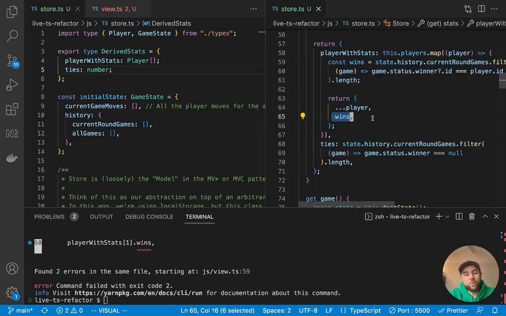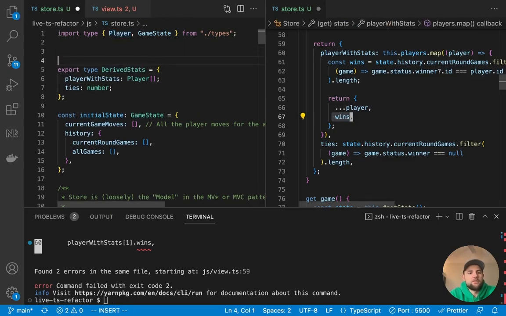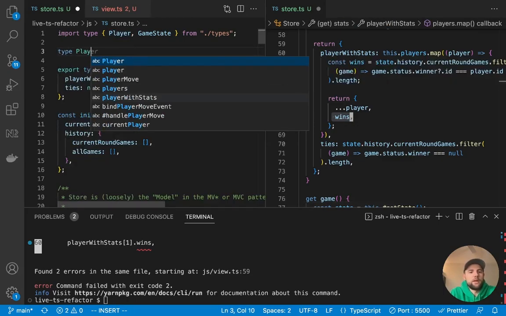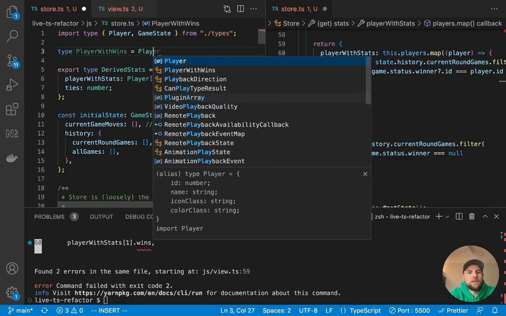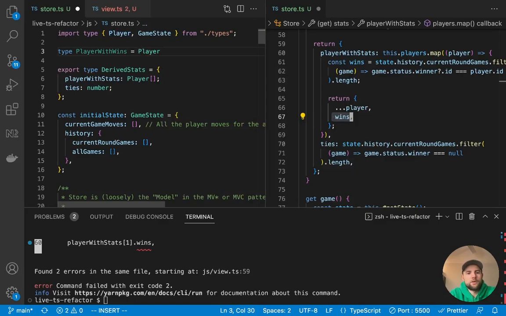It also has this wins property, so we need to document that too. So really what we need to do is make another type that is player with wins. And that is going to be an intersection type, or a union type, I should say. And we can actually use this and symbol to add properties.